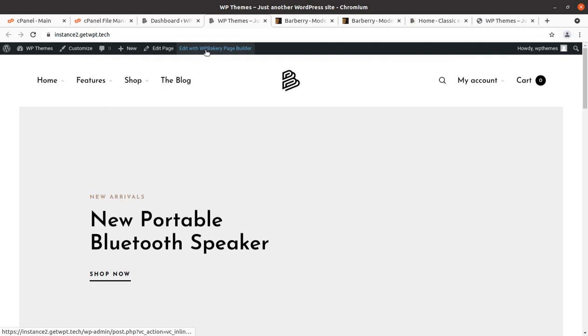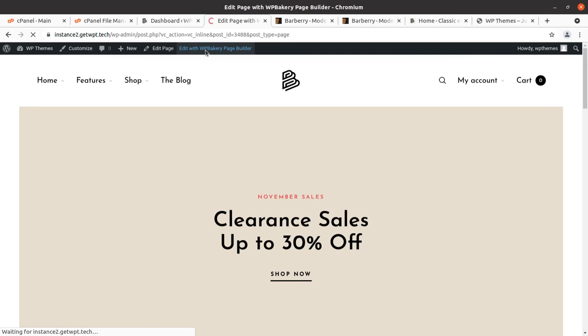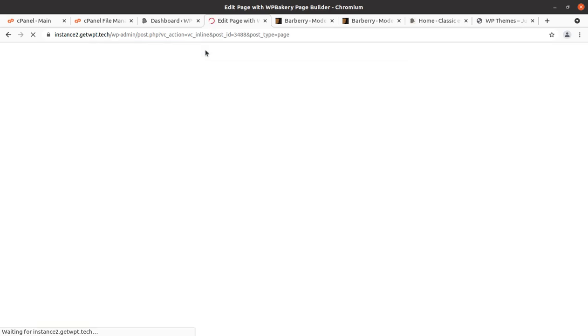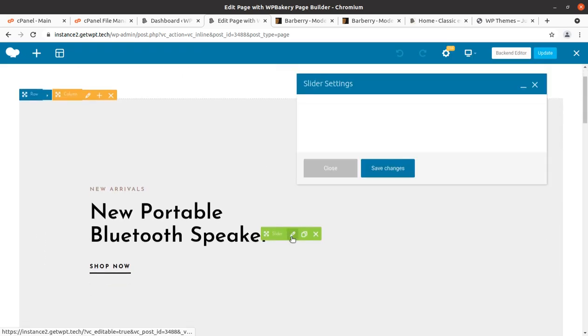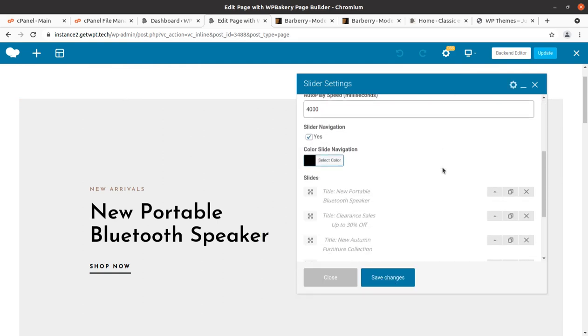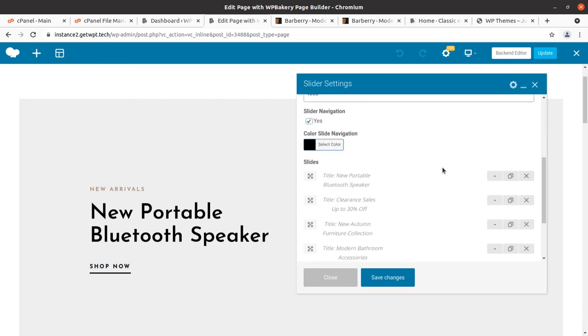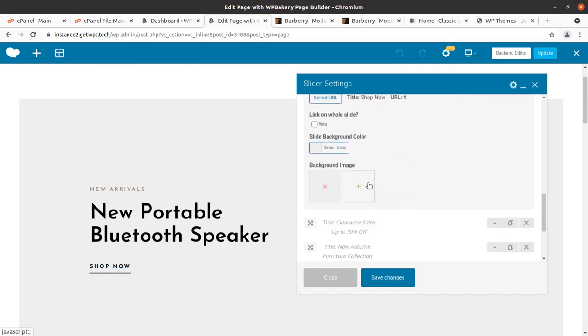and we can use edit with WP Bakery page builder. And this is the slider area. Simply click on the slider setting link, and okay, the background image is not here.